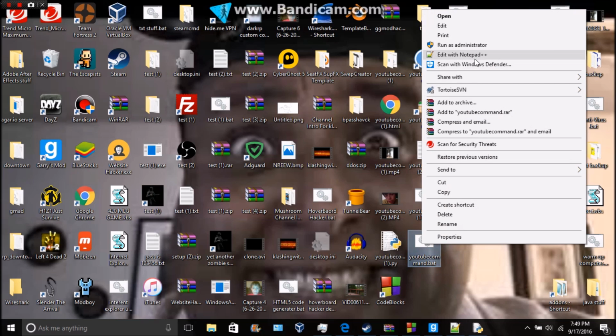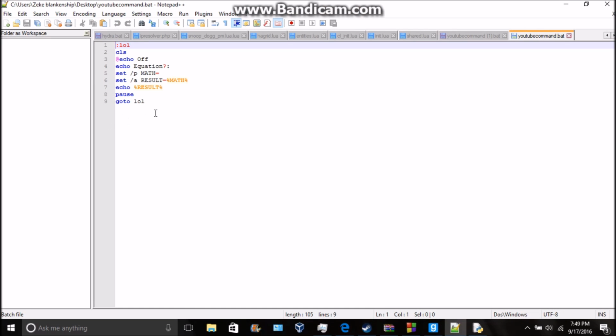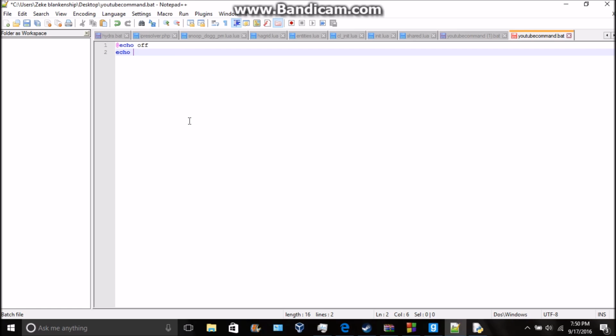Now we'll edit it. You can edit with Notepad; I choose Notepad++. Now that it's open, this is what I want to execute. So obviously start off with this, and then you can write what you want it to say. I'm going to say, this file has been executed. I don't know how to spell execute, so: has been ran. And then type IP to DDoS.